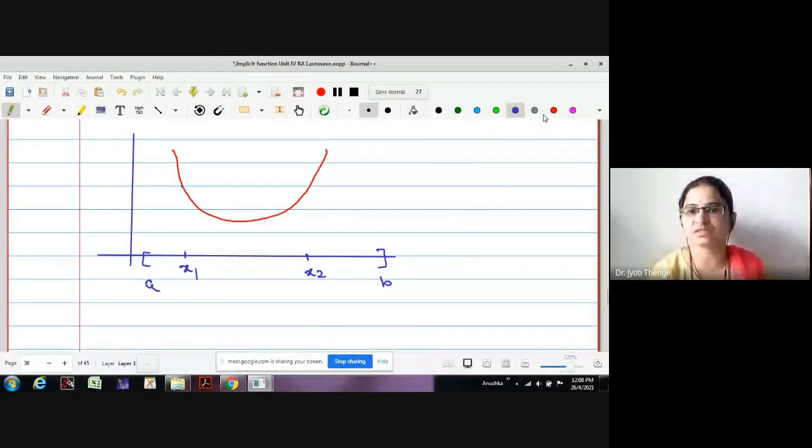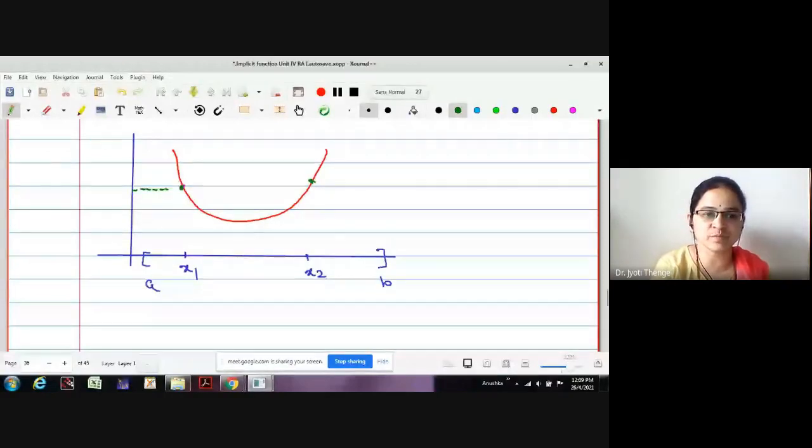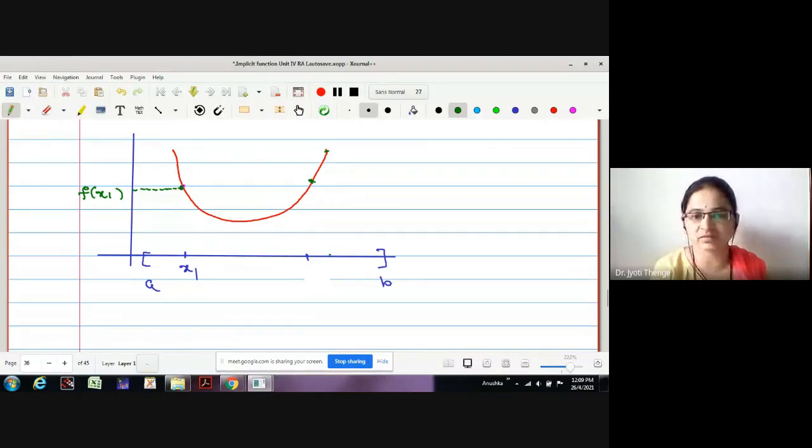Now what will we select? We will select the corresponding images of this function at points x1 and x2. Here is the image of the point x1, and here is the image of the point x2. Now we will try to join these points on the y-axis. Therefore, this will be the image of the point, that is f of x1. I will take some point x2 somewhere far so that I can neatly explain this. Let me take it here, and let this be the f image of this point x2, say f of x2.